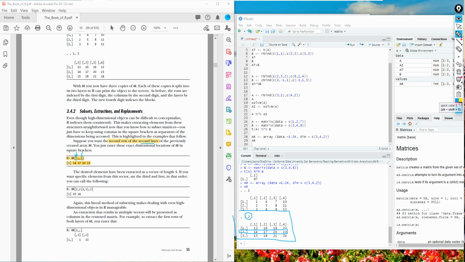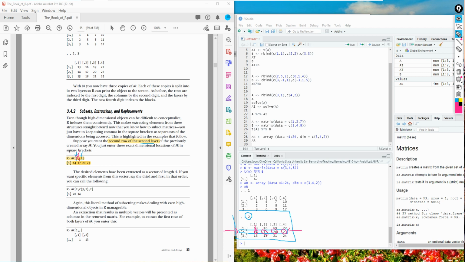Let's use the red. This is 2, the second row. Since this is blank, if you look at the column, the blank means everything, every column. Because the column field is blank, it means all the columns.